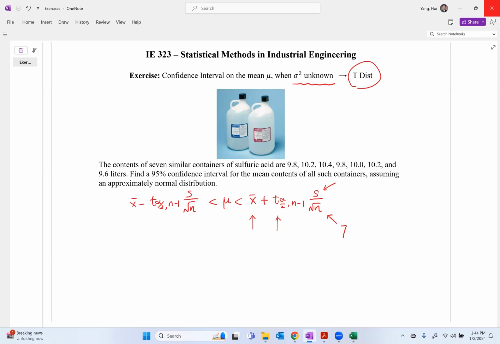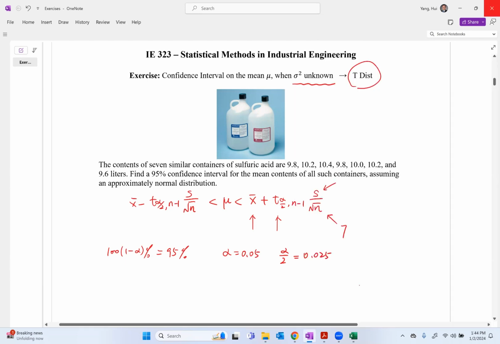So it's a 100 times 1 minus alpha percent confidence interval. This is 95%. Okay. So alpha will equal 0.05. Alpha over 2 will equal 0.025. Then what we need to derive is,